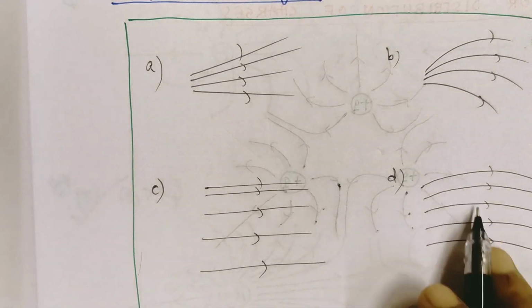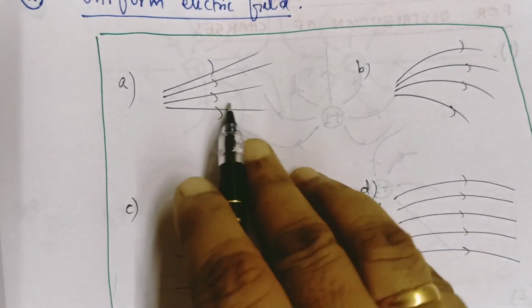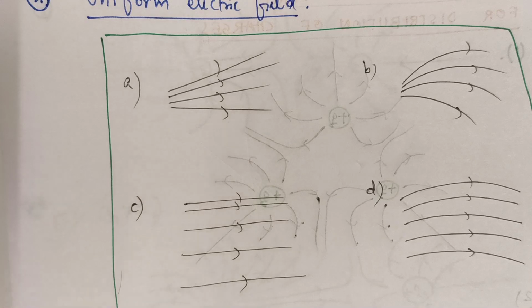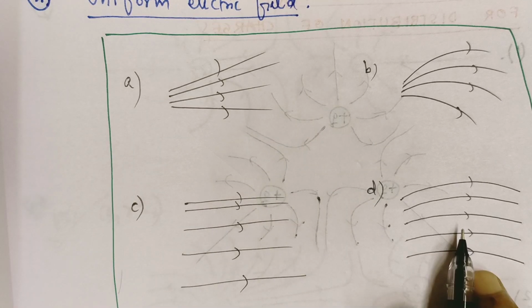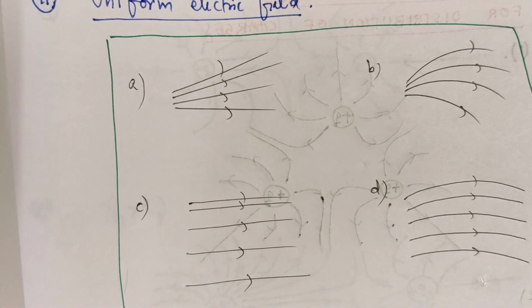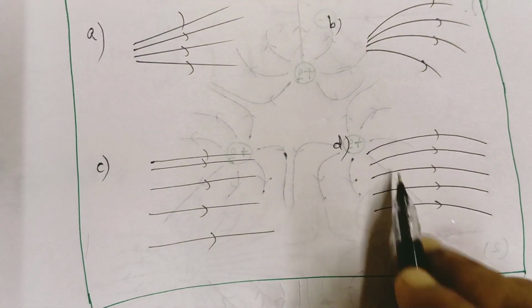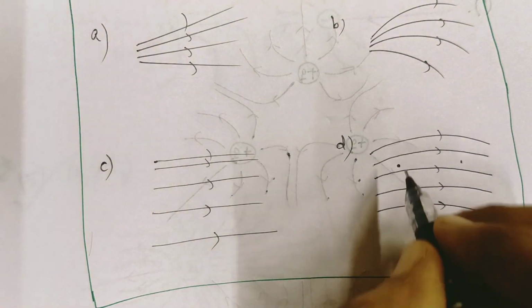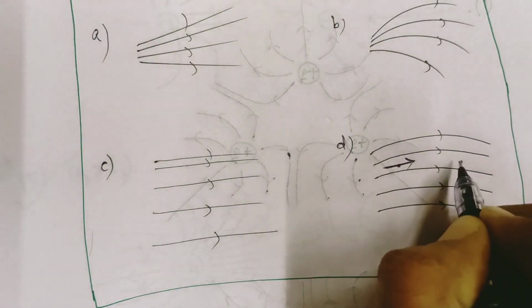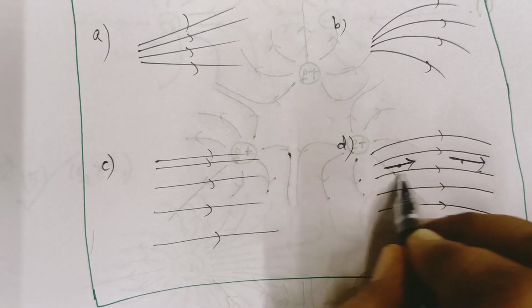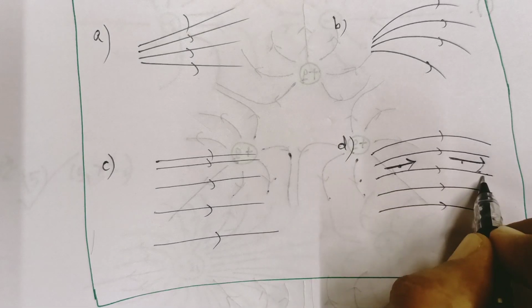Here you see the gaps are the same. Here the gaps are different. Here the gaps are different. So if you are asked which one is a uniform electric field, you instantly mark this one. Your answer is true. Uniform electric field means the field strength is the same and the direction should be the same. In this figure, you see the gap is the same, so field strength at this point and at this point are the same. But the field direction at this point is in this way, and at this point is in this way, because the tangent will change. So here the magnitude is the same but the direction is different. So it can never be a uniform electric field.